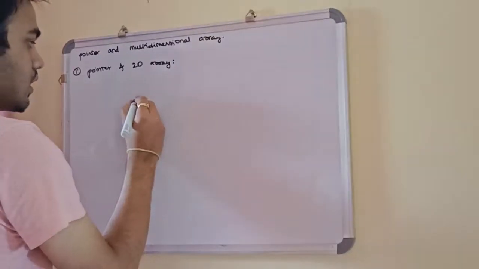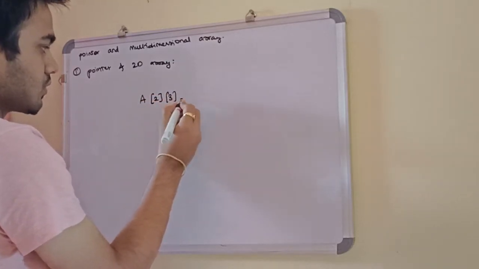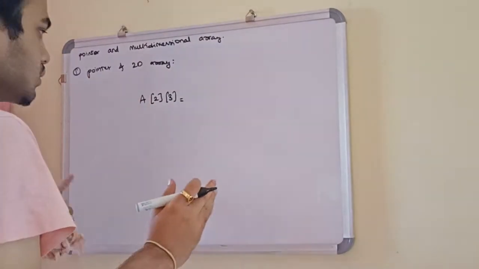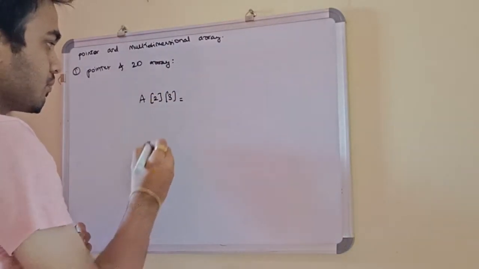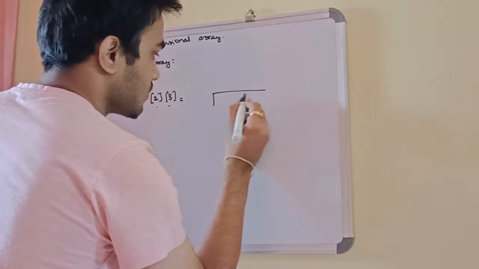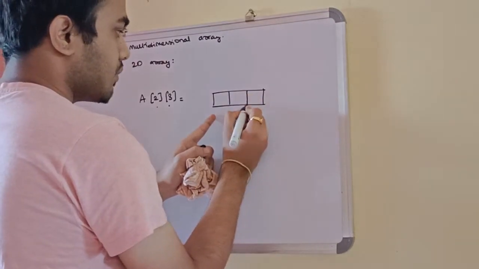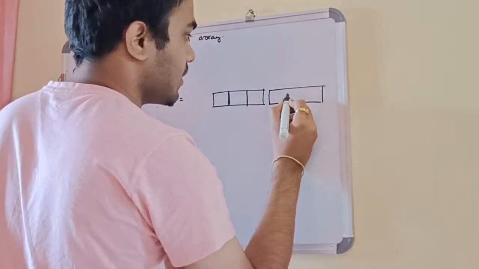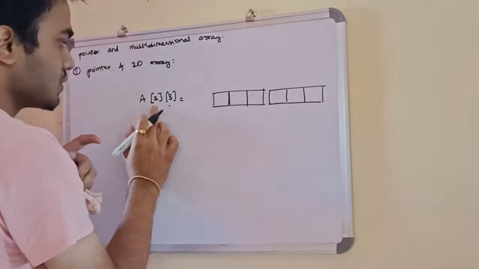That means, let's consider a of 2 3. It means that there are two blocks, that is two elements in the array, where each element is again a 1D array of three elements. This is the first 1D array of size 3, this is the second 1D array of size 3. Now these are 2, so this count is just 2.